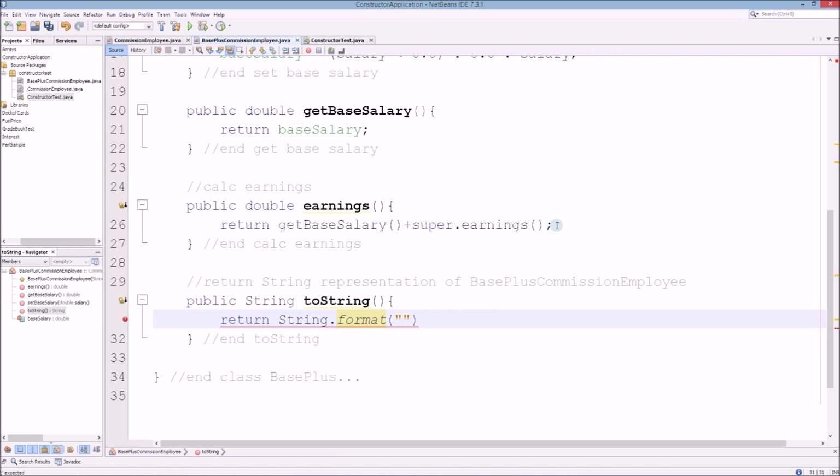And we're going to do parentheses, %s space %s, \n %s colon, %.2f, again two decimal points, two degrees of specificity, comma, base salaried,